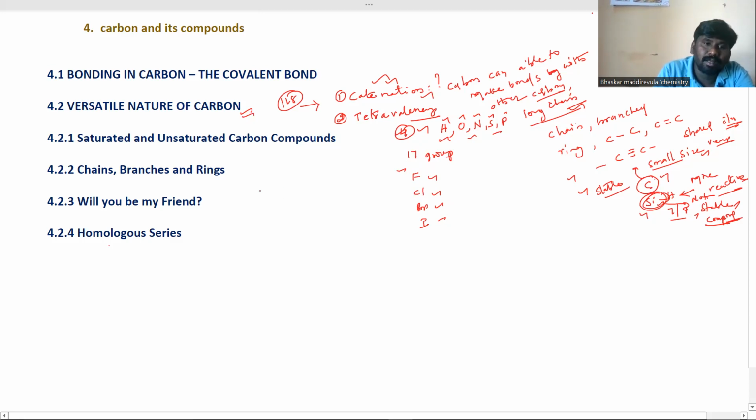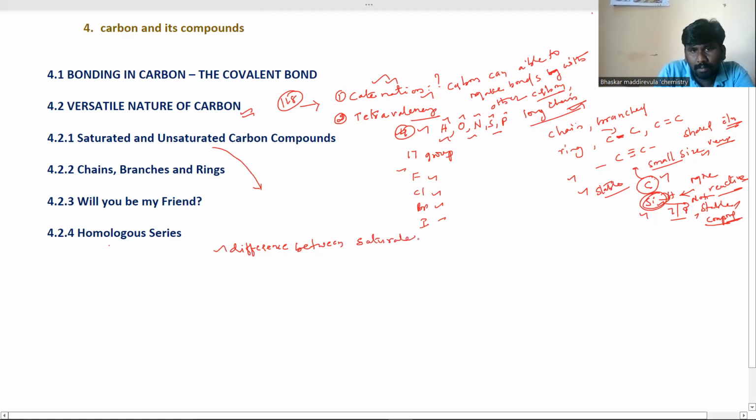Next, the saturated compounds. Before going to the topic, carbon can make a single bond. That compound we call... so here we go with this topic. What do you call saturated and unsaturated carbon compounds? From here also there is a possibility of questions. Sometimes they may ask for the differences, the difference between